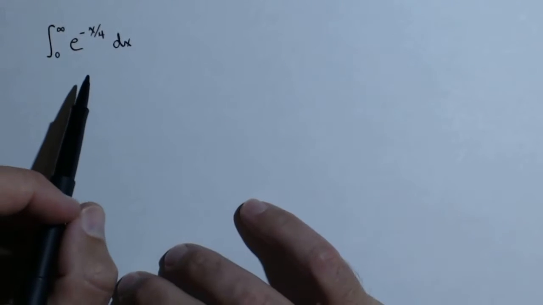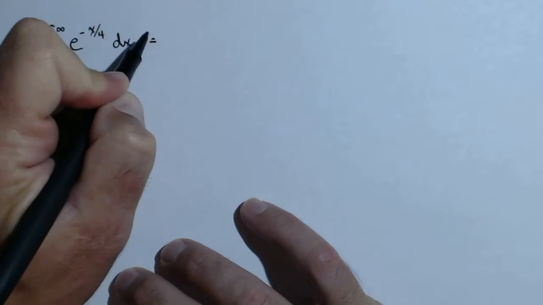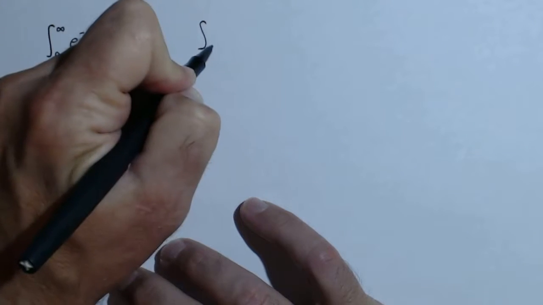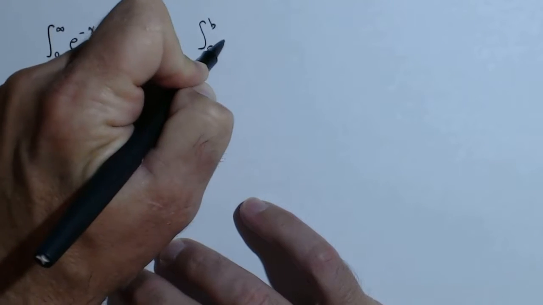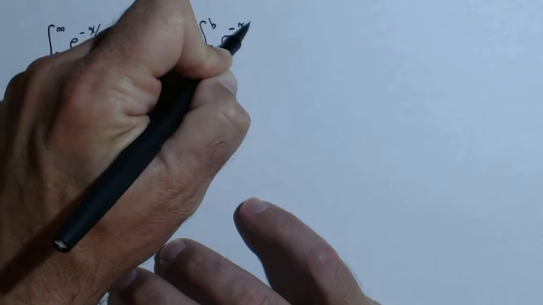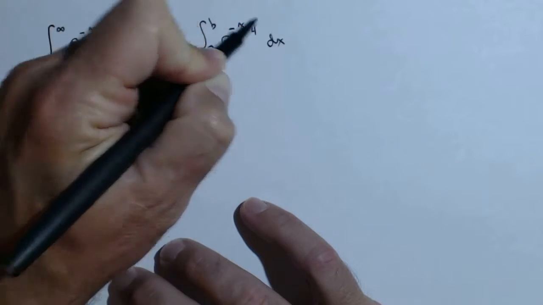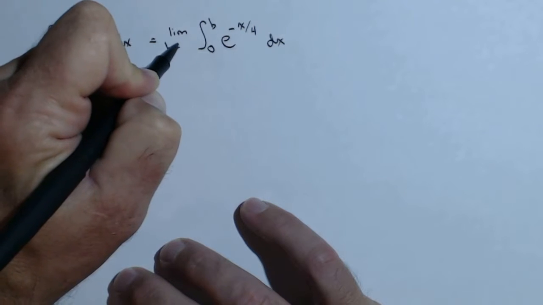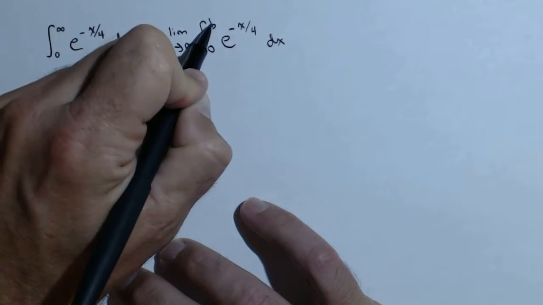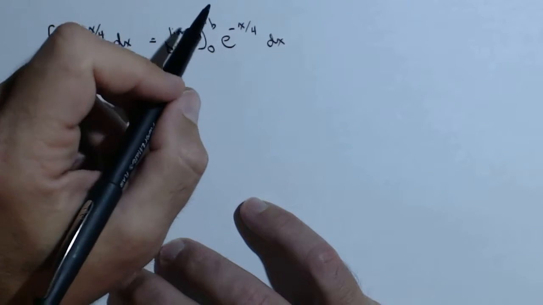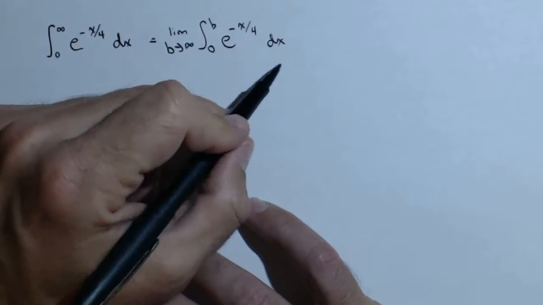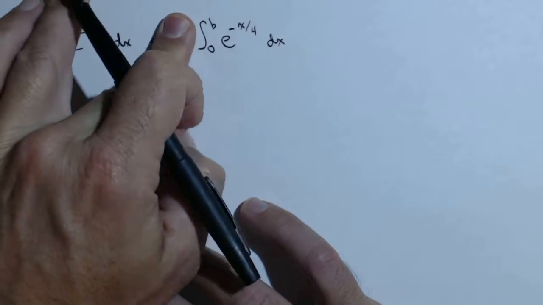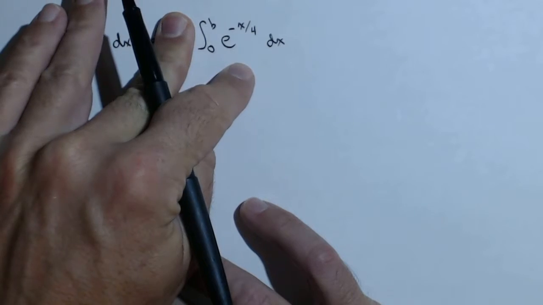First thing we do when calculating an improper integral is turn it into a proper integral. And so we'll go from 0 to b of e to the negative x over 4 dx. And to compensate for that, we're going to take the limit as b goes to infinity. A lot of times you'll see us use b for the upper limit, a for the lower, when we have to substitute that one. Now our goal is to ignore this, and we focus on this integral here,